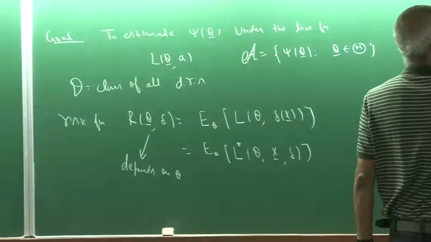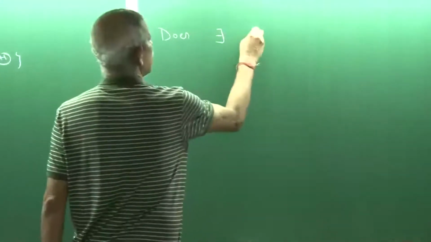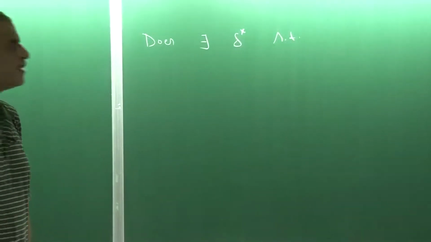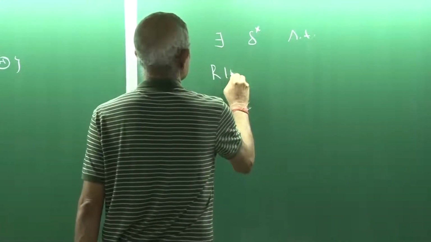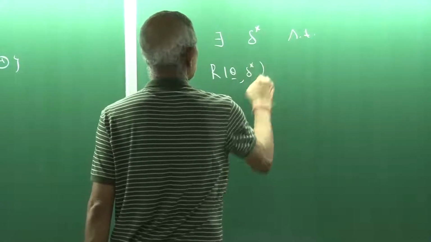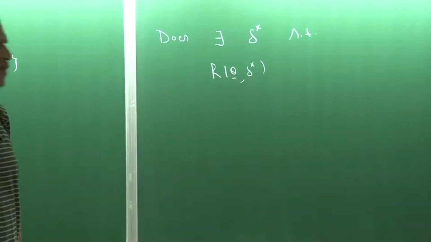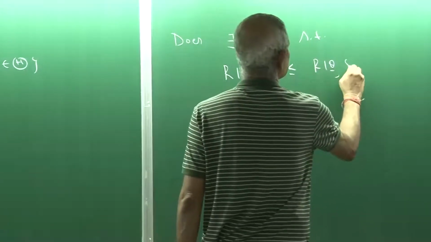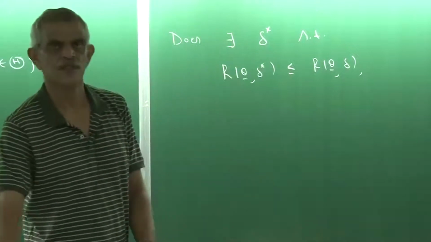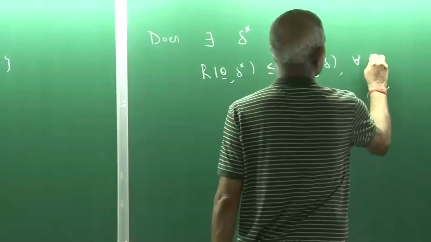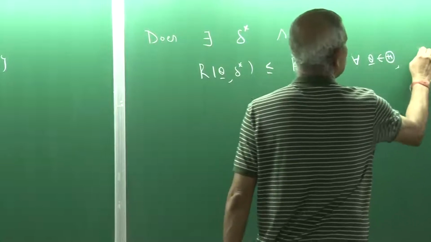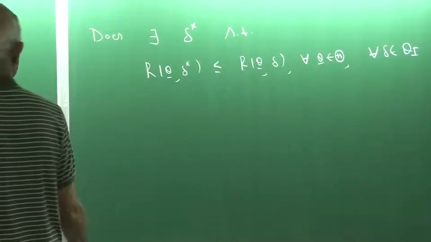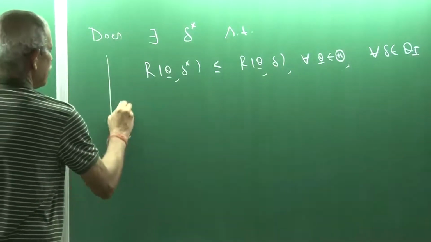Does there exist a delta star such that R(theta, delta star) is always less than or equal to R(theta, delta) for every theta belonging to Theta, and for any other decision rule delta belonging to D? So that is the question. And the answer is